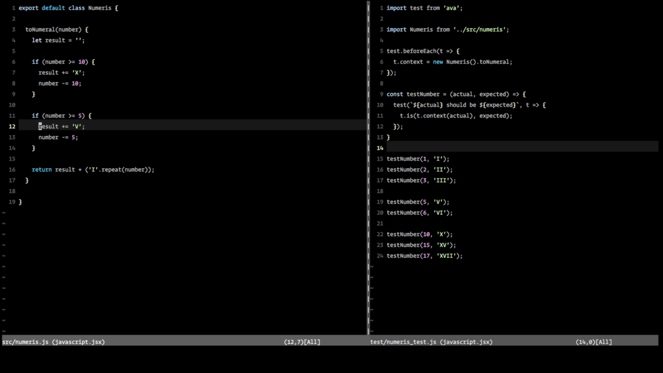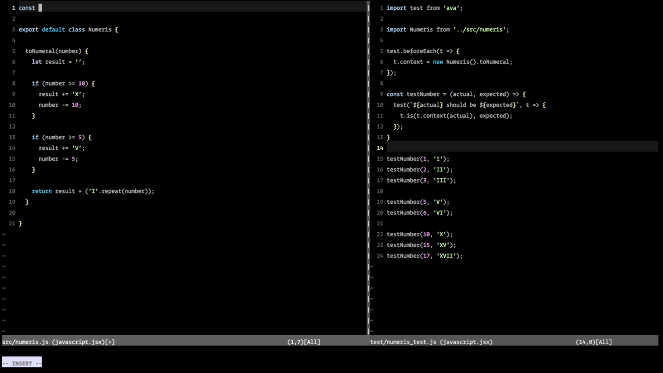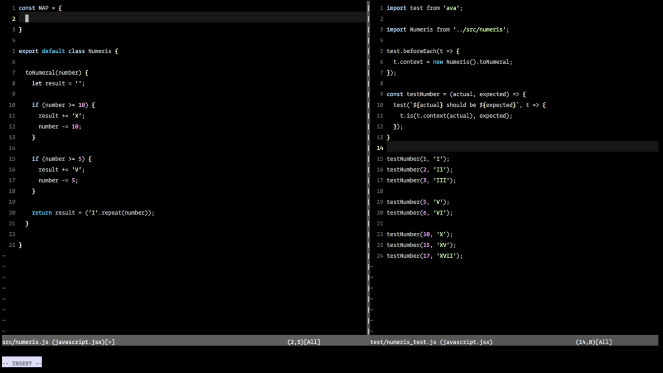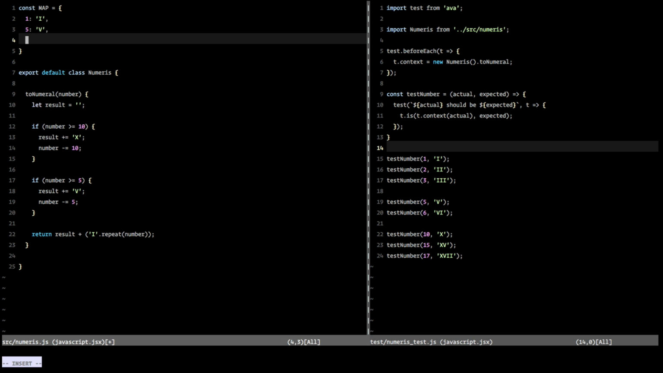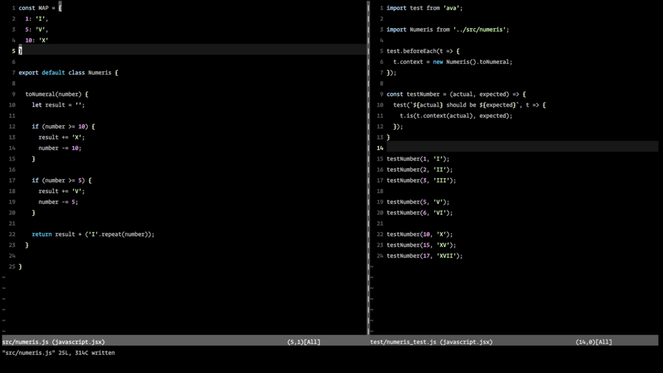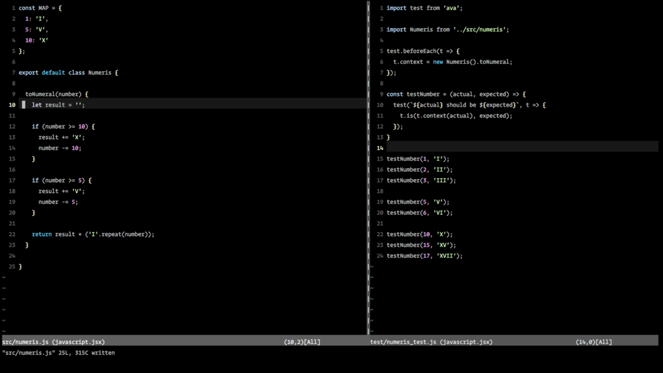And so the way I want to do that is I want to define a constant for our map. And so instead of hard coding it inline into the function, we'll say like 1 is equal to I, 5 is equal to V, 10 is equal to X, and then we'll just stop there because that's as far as we've gotten anyways. And so the way I want this to work is that we're going to loop over this number,